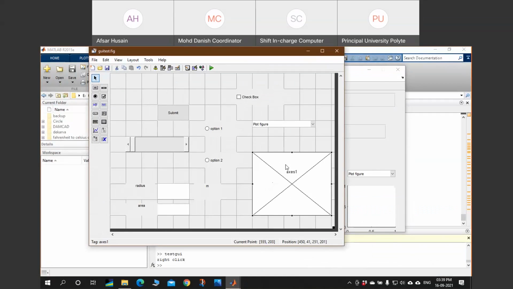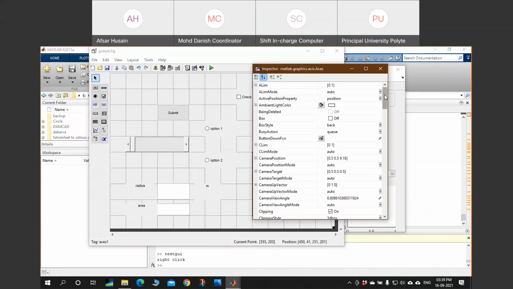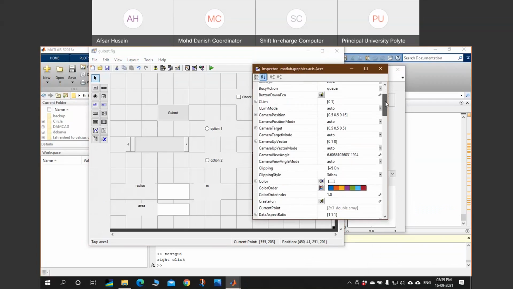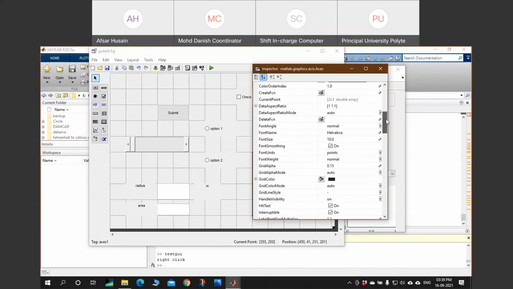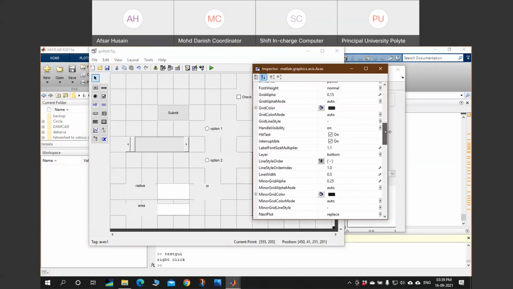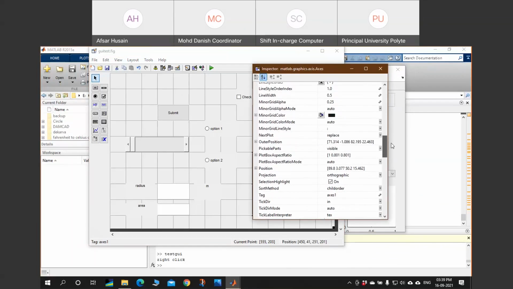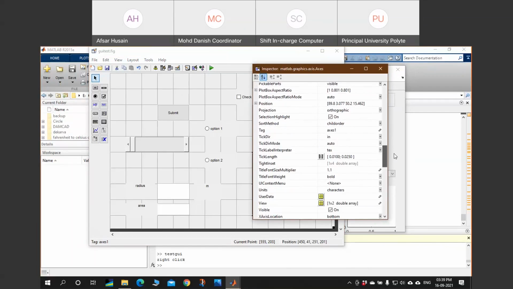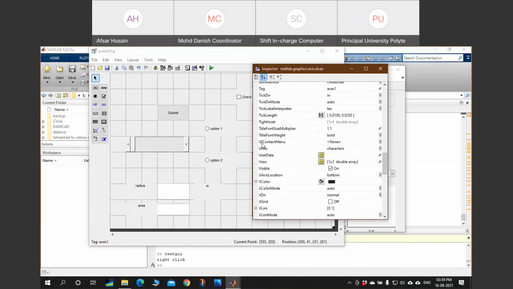So double click it. On the double click, come on the option where the context menu is. Yes, here you can find UI context menu. So select this UI context menu. Here you will find the options you have just created. You created print option and you created copy option. So you can provide any of the options when you right click.